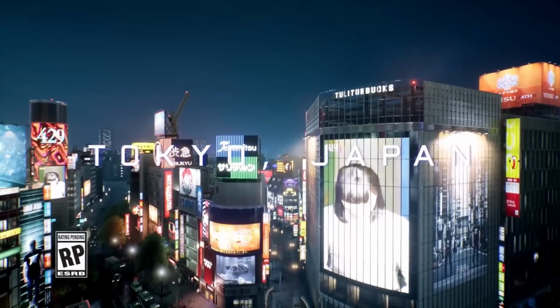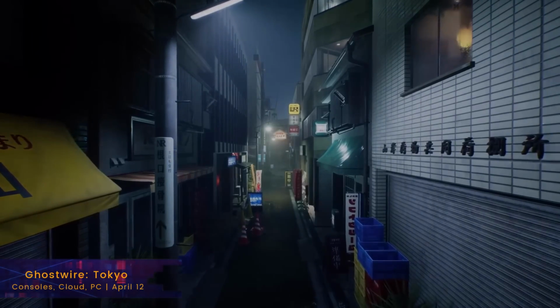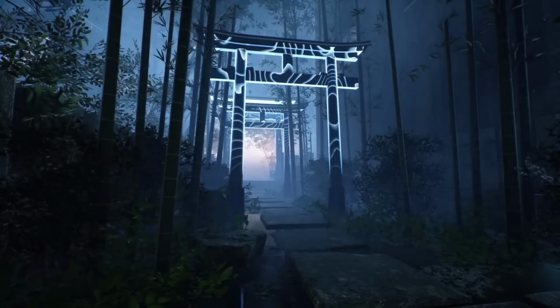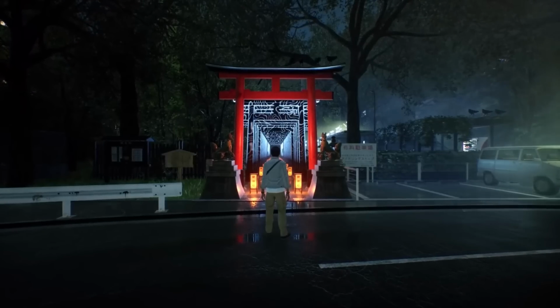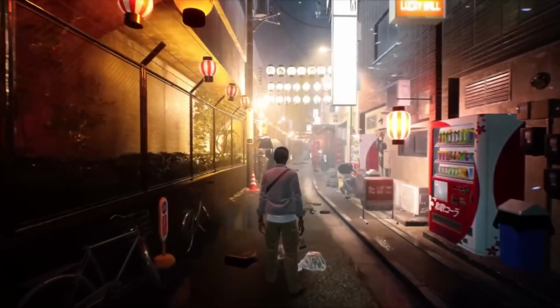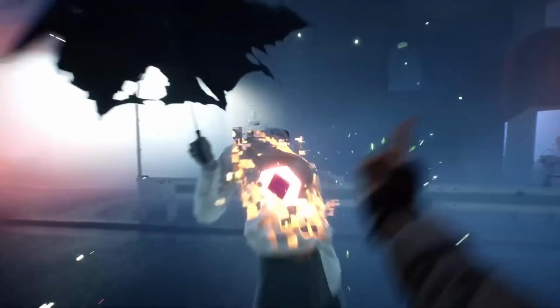So in Ghostwire Tokyo, the world has been overrun by supernatural and unexplainable dangerous entities that have caused the population to vanish. And you're going to be exploring Tokyo and investigating the disappearance of the city's residents. With its unique blend of action and horror elements, mixed with a thrilling and immersive experience and stunning visuals, eerie